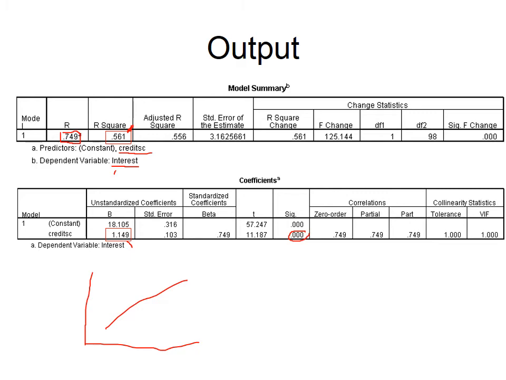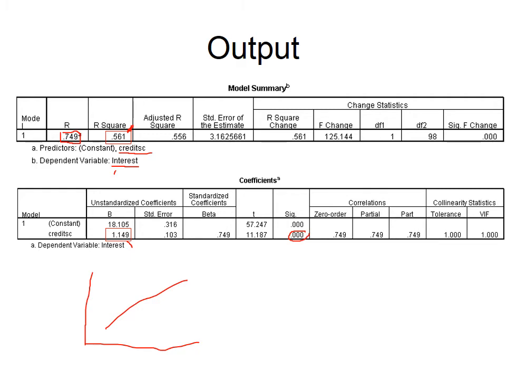So if we look here, this is the first model that we're going to try to fit, and this is a straight line model. What we have here is a predictor of number of credits, and our dependent variable is how much interest we have. I'm sorry, not all of the tables are in this output, but we have the most important ones. We can see here the relationship between the two variables. It's a very high correlation, R = .749. Really strong relationship between the two variables.